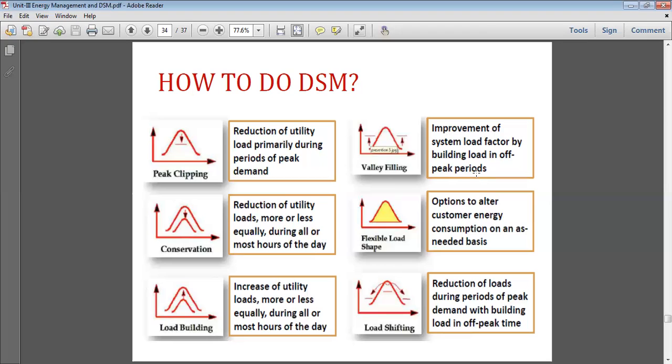Second is the energy conservation. So, reduction of utility load everywhere. We are reducing the load in the night time, in the daytime, in the off peak period, in the peak period, more or less equally during all or most hours of the day. No doubt, because of the more investment in the replacement of machines, we are not going to replace all the machineries. Definitely we are going to replace the machineries where energy consumption is more and operating time is more, definitely the saving will be more. Say for example,